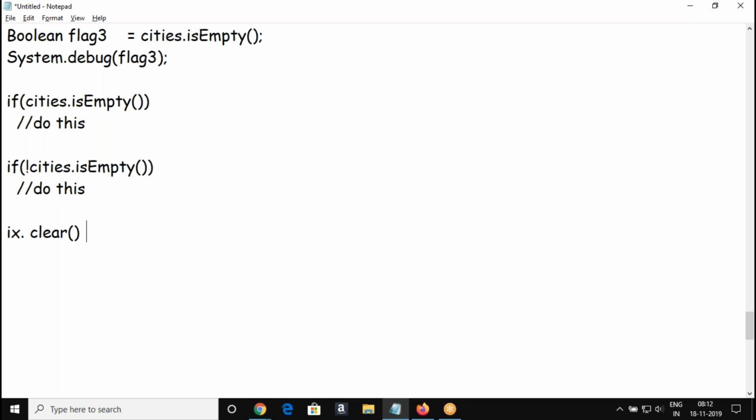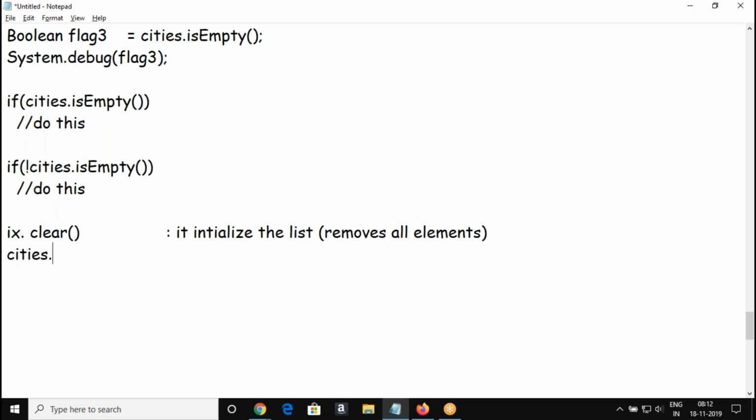There is a method called the clear method. It initializes the list, which means it removes all the elements.